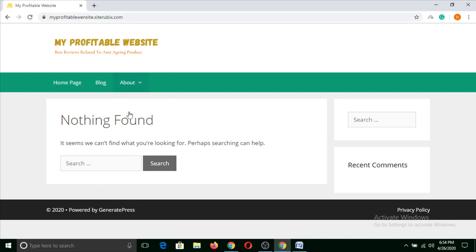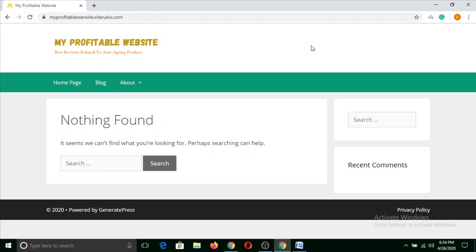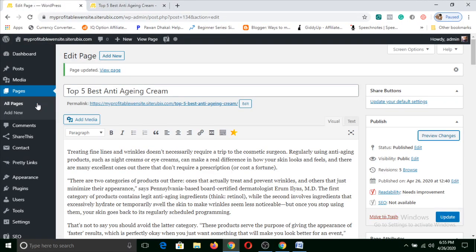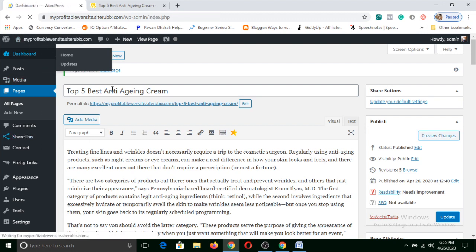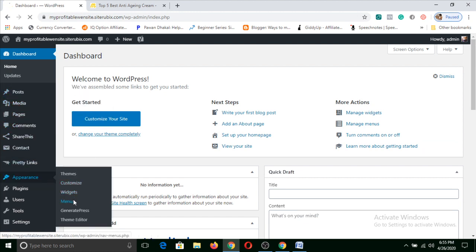Now if this is happening on your site too, don't just check in the place where you are using WordPress. Check in any other browser like Mozilla Firefox, Opera Mini, or any other browser. And if you see something like this, then you need to copy this domain from https to .com. Just copy it and we are again in our WordPress dashboard. Now once you reach here, you just go to appearance and click on menus.